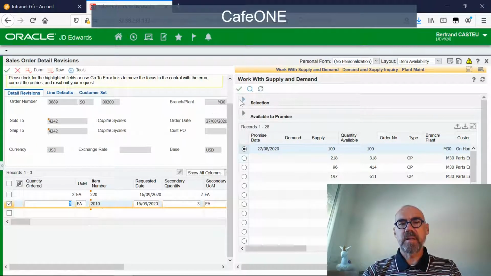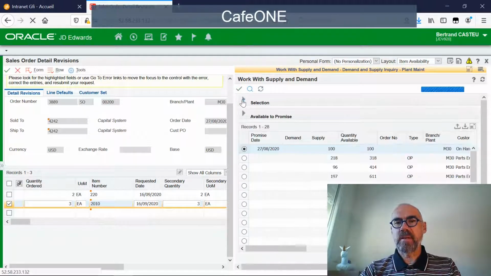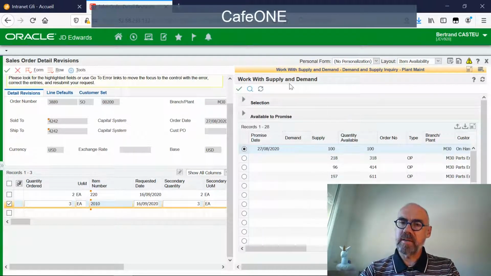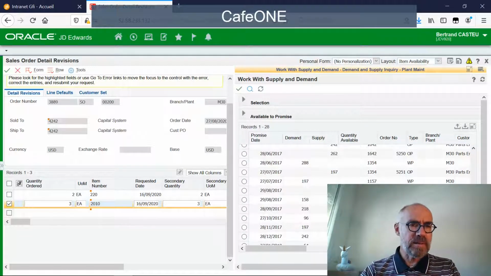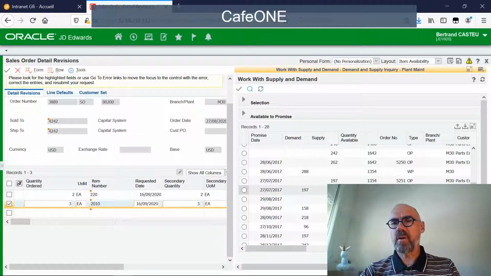And you see that I will open the selection, which is not useful normally, but I just want to show you that automatically both the branch plant I'm working on for the sales order and the item number have been taken into account by the supply and demand program, and here I have the information for my item 2010 with various work order messages that give a demand and the purchase order we